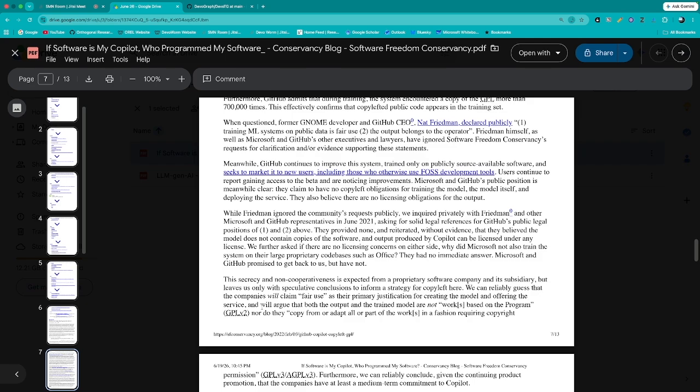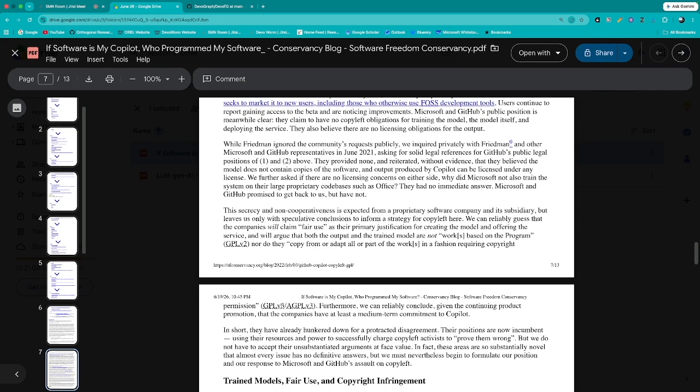We can reliably guess that the companies will claim fair use as their primary justification for creating the model and offering the service, and will argue that both the output and trained model are not works based on the program, which is GPL version 2, nor do they copy from or adapt all or part of the works in a fashion requiring copyright permission, which is GPL version 3. So these are excerpts from the GPL license and how a large proprietary corporation is arguing its way around it.